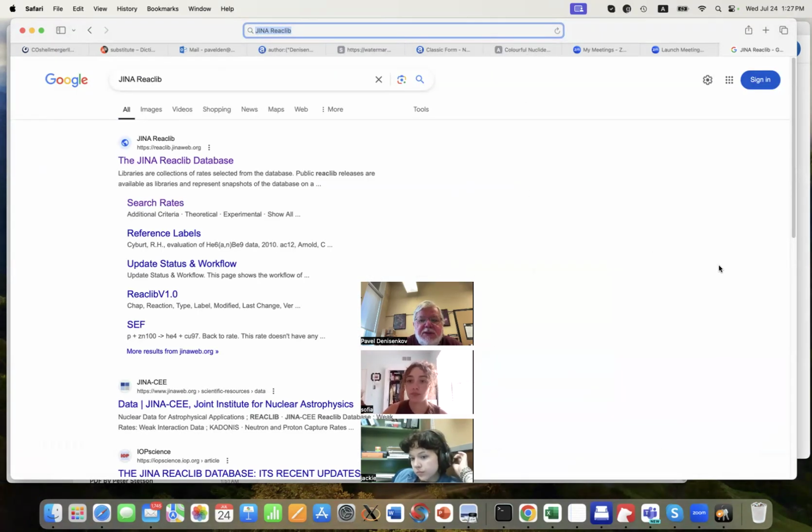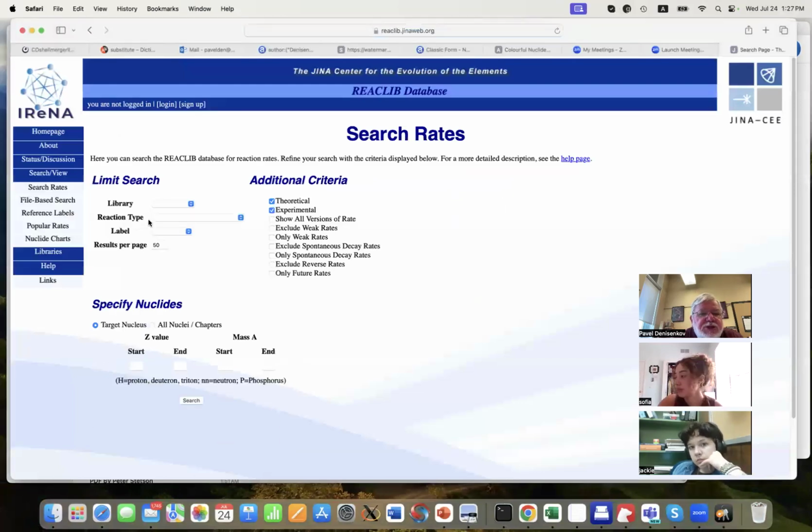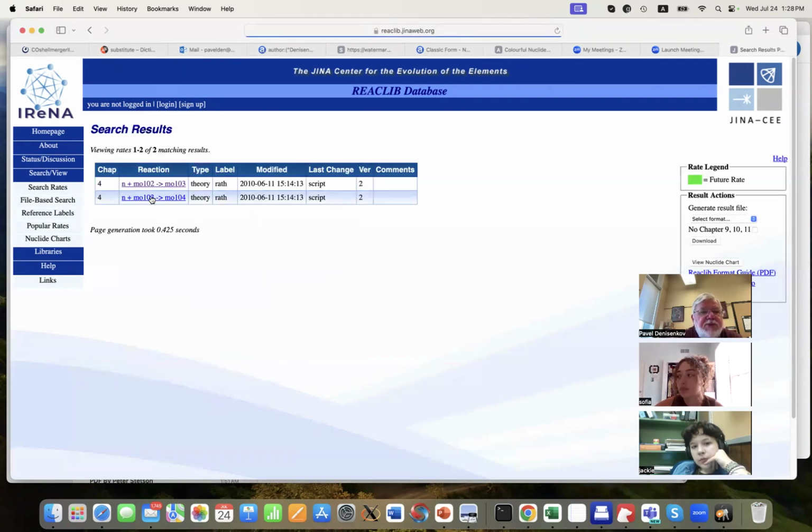So now I'm here. Search rates, I can just jump to search rates. And reaction type, I need n-gamma, I choose. And start. What's the proton number for molybdenum? 42, 102, 103. Search. Yeah, molybdenum. So the first reaction is molybdenum-103 n-gamma.